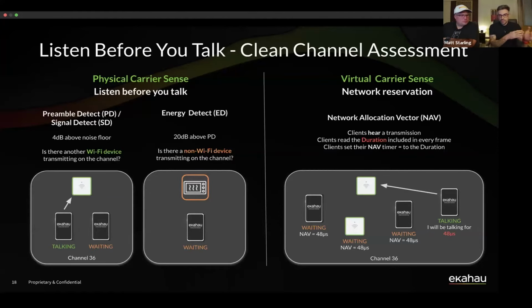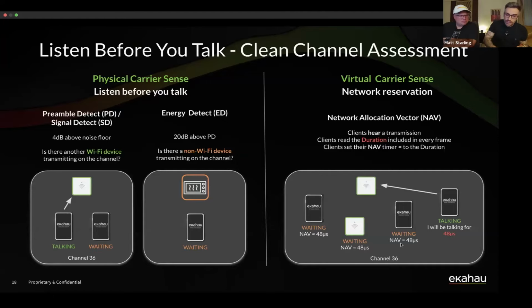So it does this preamble detect or signal detect, and this is where you could have a microwave oven operating on 2.4 gigahertz. The device listens and goes, oh, I hear something really loud, I don't know what it is. I don't know how long I should not be transmitting for, I don't know how long I need to wait for. I can try and transmit. In some situations, your access points may just completely back off and not try to transmit at all. Or sometimes they might think, I don't know when I can transmit, so I'm just going to try anyway and shout over it and hope that my transmission gets there. Sometimes it might, sometimes it doesn't. If it doesn't get that acknowledgement, then it's going to retry and it's not going to be great for us.